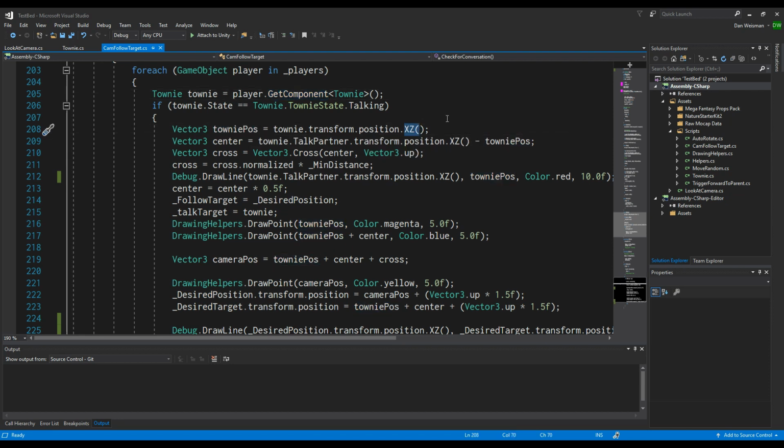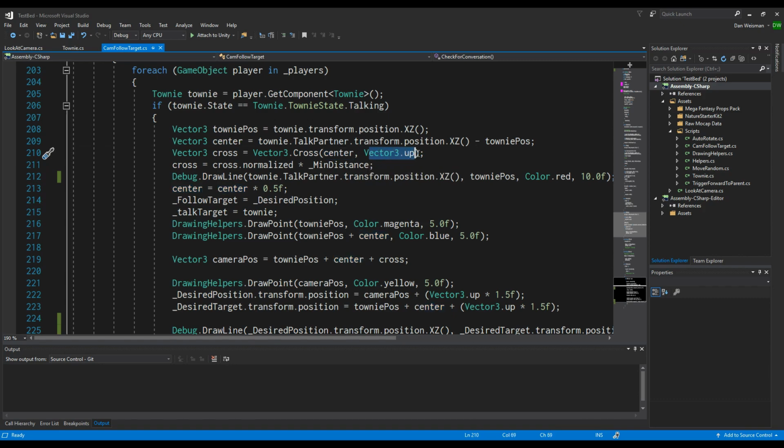And again, we're using xz. We're going to use xz for pretty much all of this. Then we want to find a difference vector between this guy and his talking partner's position. So that's the line that's drawn between the two characters that are talking. And then the critical piece is getting the cross product here. The cross product is used to get a vector that is perpendicular to two other vectors. The two vectors that we're using here are the vector we just figured out, the line between the two characters,